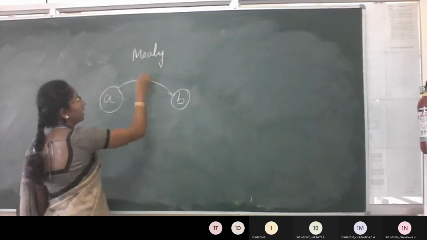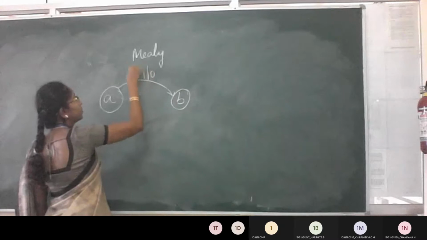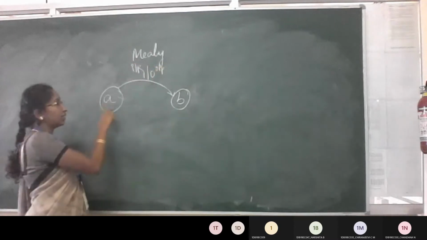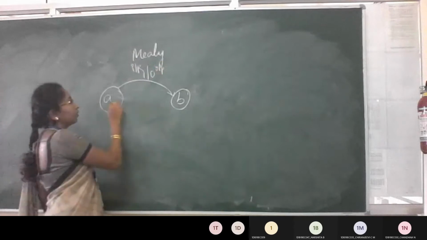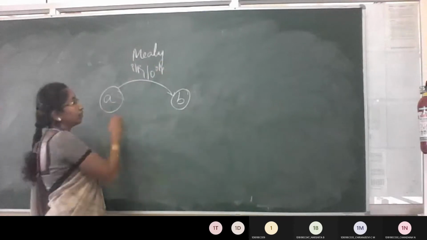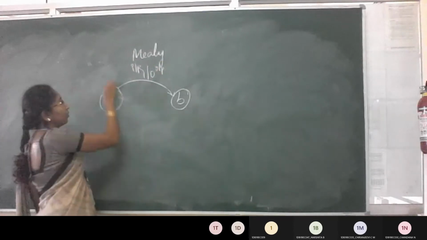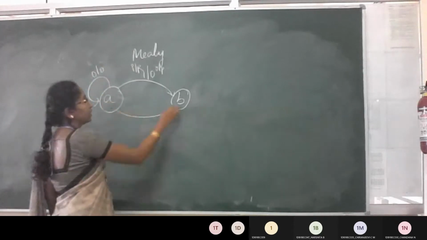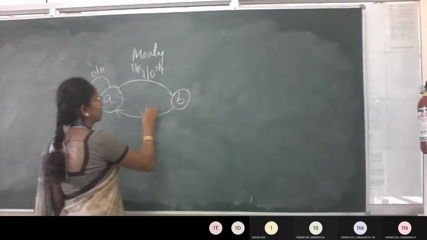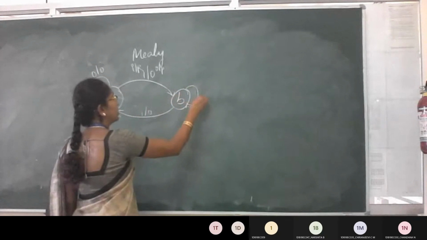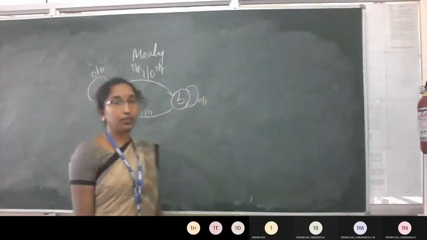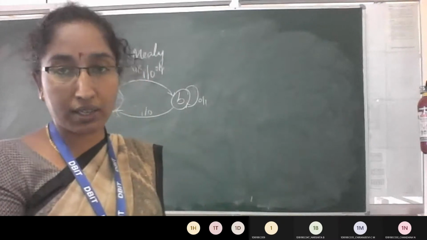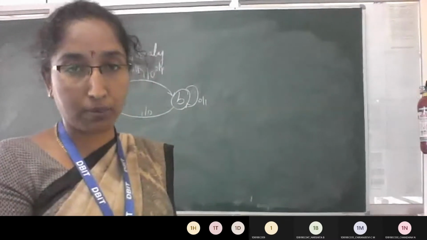So outside the arc indicates input and output. Inside the circle, only the state. Each state has two transitions. So when x is 0 it moves here, and when x is 1, some value you can give, just an example. You need to write a logic diagram with this example, and you need to specify the Mealy state diagram, which depends on the present state as well as present inputs.